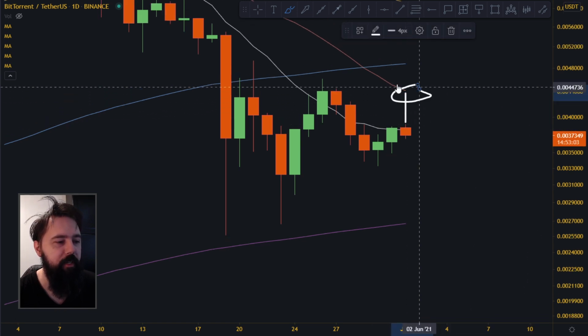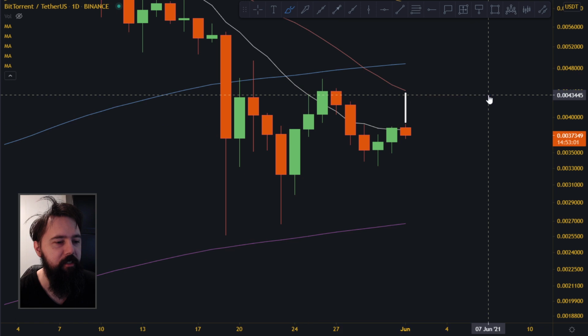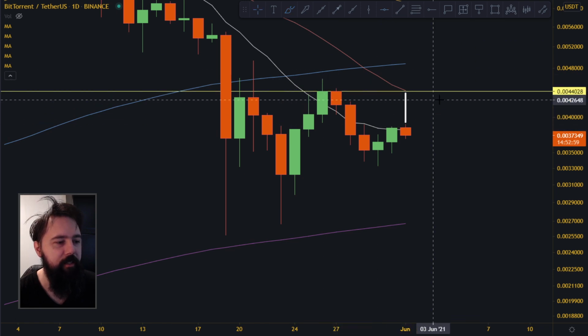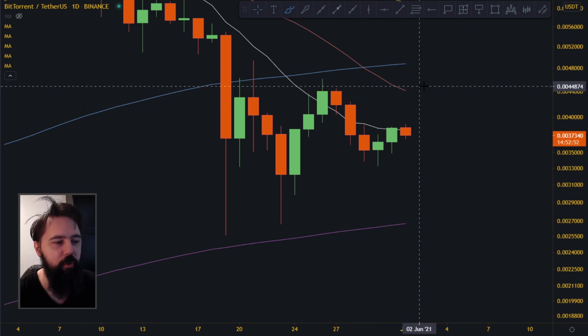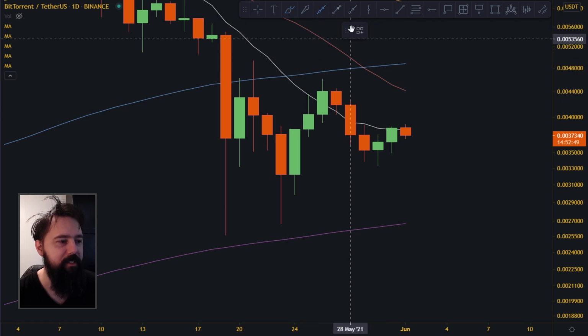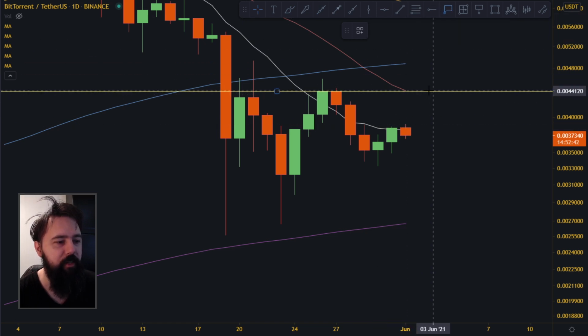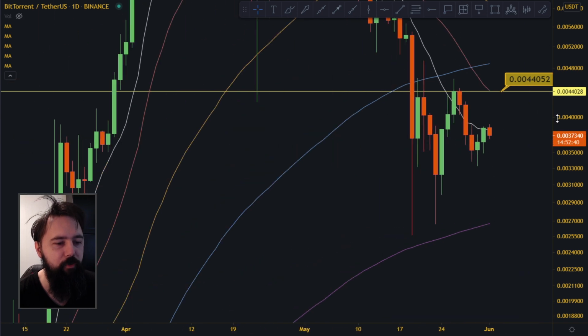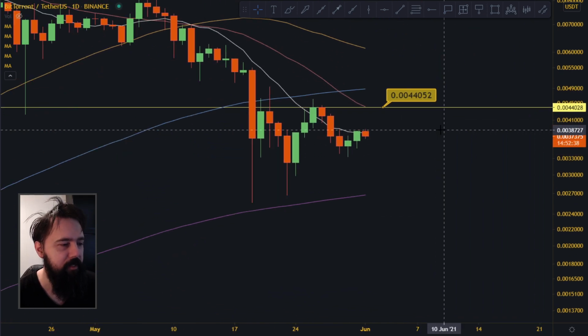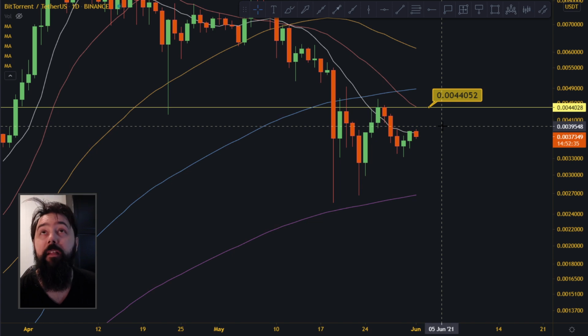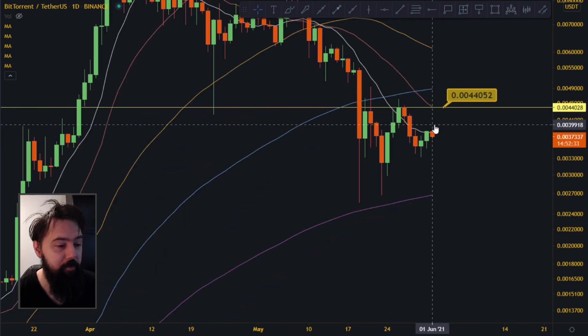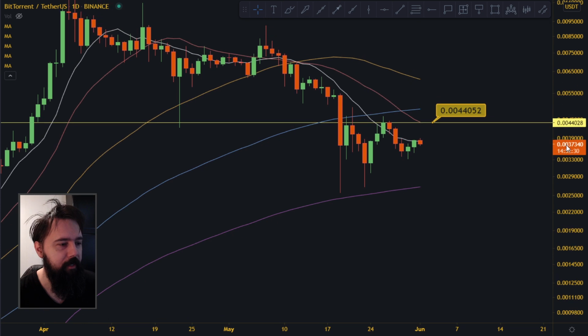Are we going to go all the way up here to the 20 moving average and test this support resistance up here or not? It kind of depends. You can see that the resistance at 0.044 and the 20 moving average are right now at the same spot on the dollar. That's actually the resistance we have to break, although we are having trouble just climbing up here right now. But I think if we can get above 0.044, then the upside is a lot likelier to happen. But right now we are technically in a downtrend.